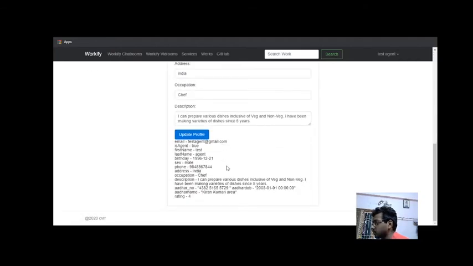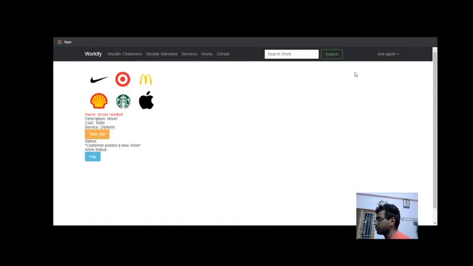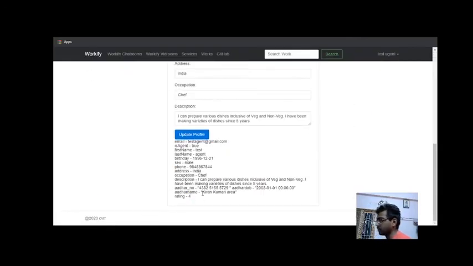Now let me check our profile. Yeah, it has taken the Aadhaar number, the DOB, timestamp based, and this is the name, and the rating is 4, as you know. So these are the details. Now, just to show, the agent's profile is having 4 itself. I'm using some aggressive parameters just to show some change in the rating.